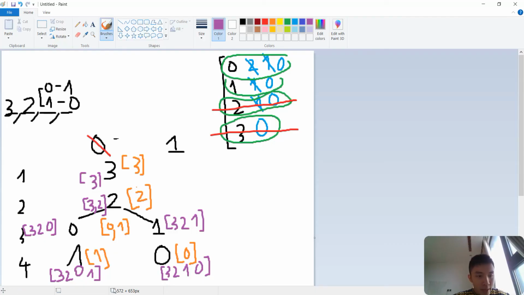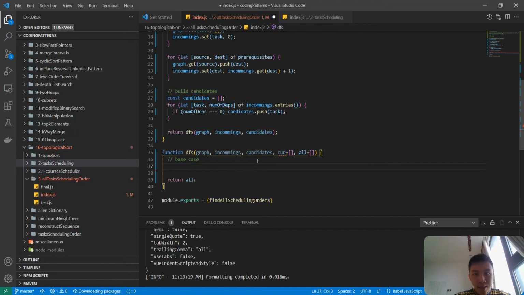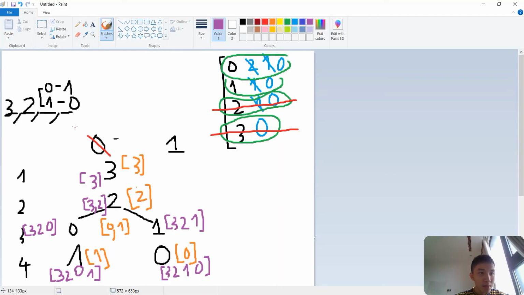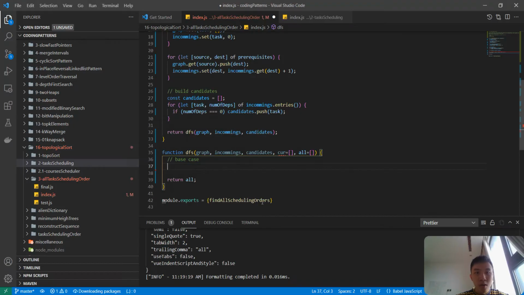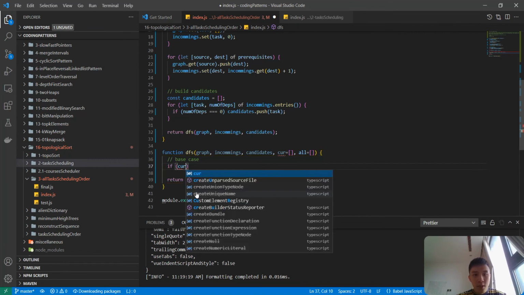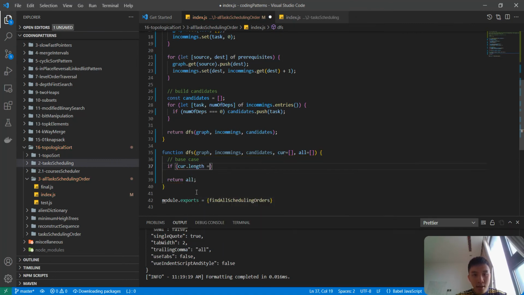We want to stop when the size of the current ordering is equal to the size of the graph map, right? So if the current dot length equals the graph